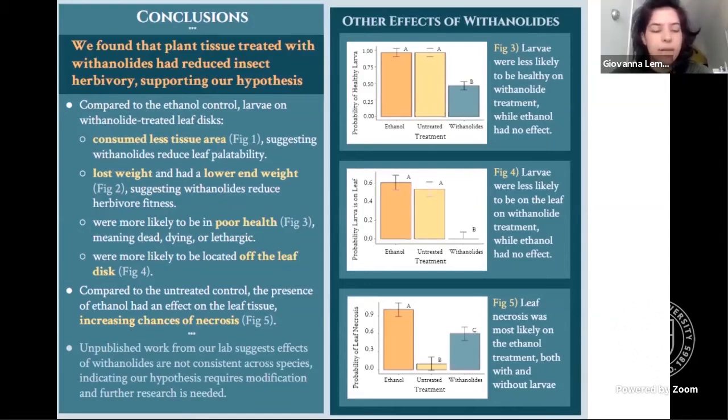Unpublished work from our lab suggests the effects of withanolides are not consistent across species, indicating our hypothesis may require modification. We hope to look into more species, as well as to try to identify the mechanism by which withanolides